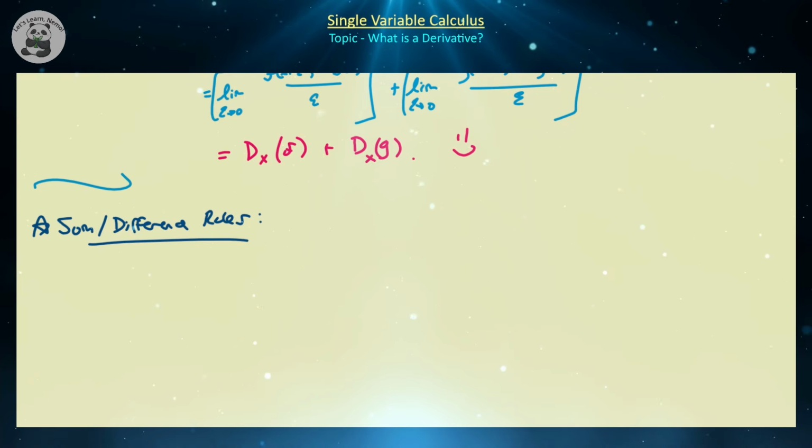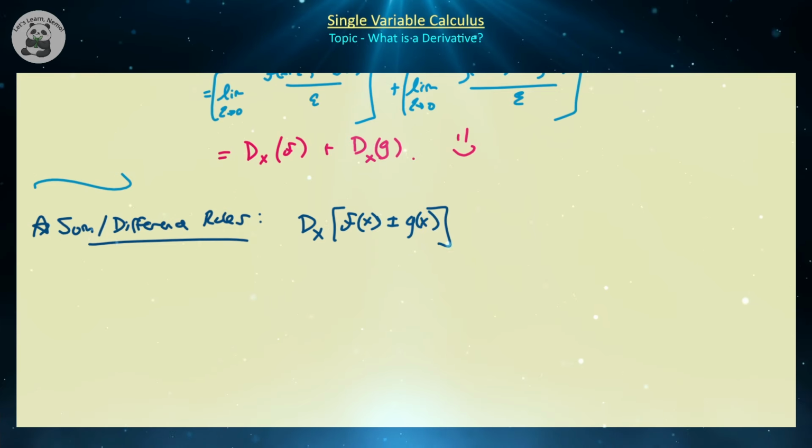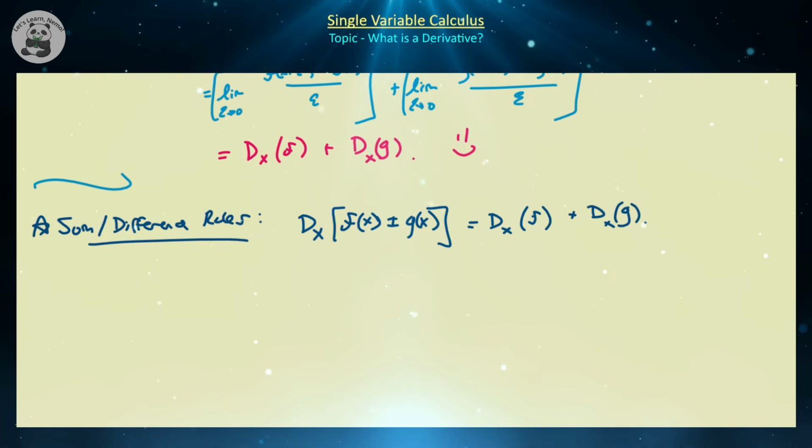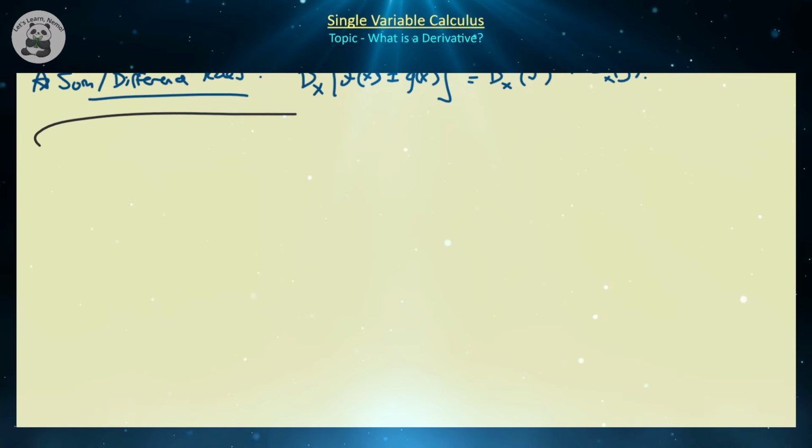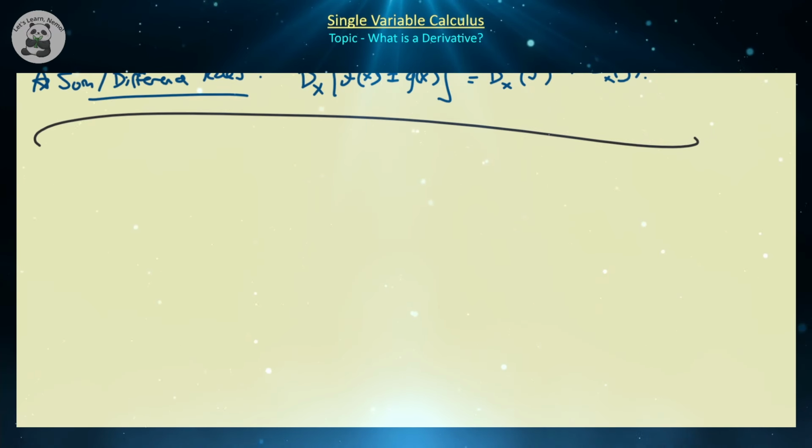And this says that the derivative of the function f plus or minus g, so let's just write it like that, f of x plus or minus g of x, is going to be equal to the derivative of f at x plus the derivative of g at x. And keep in mind the derivative has to be at the same exact point. Now let's introduce another rule that is quite useful, especially for polynomials, but we need to recall a special relationship